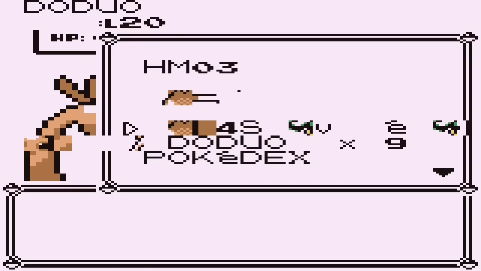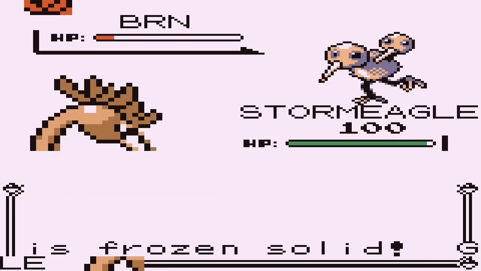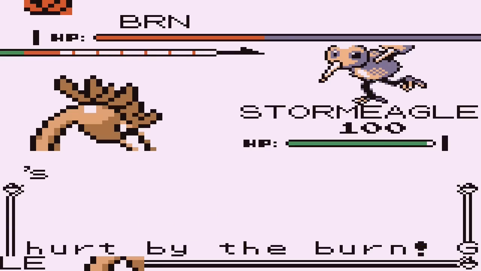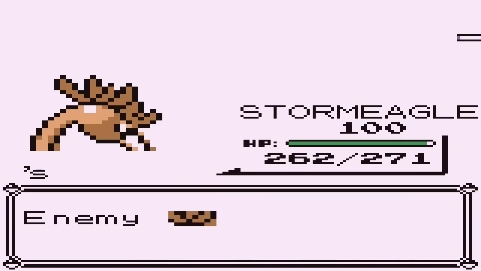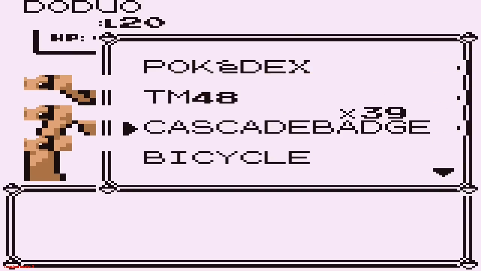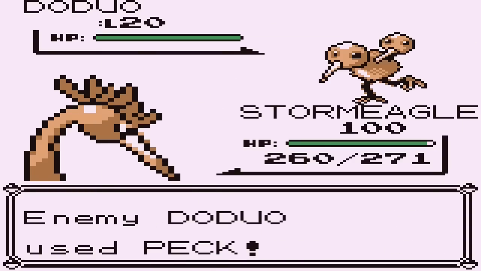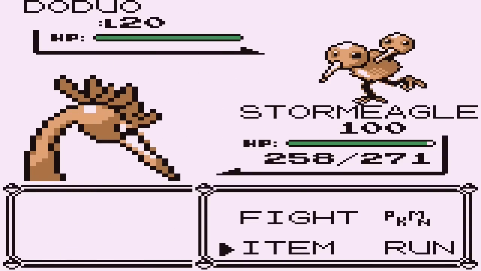Oh, this is just TM Trainer Effect again, isn't it? Yeah, it is. I was gonna skip this, but I kinda wanna see what happens when the Doduo faints. I assume it's just gonna crash again. Yes. Okay. Back to Pokédex. Cascade Badge, I think, is new. Now I'm checking rocks. Okay. So, Cascade Badge is...